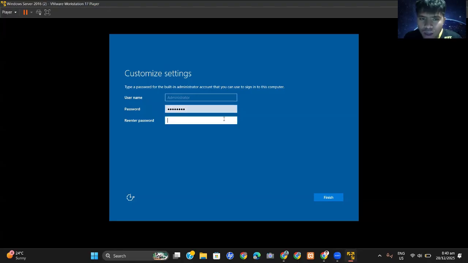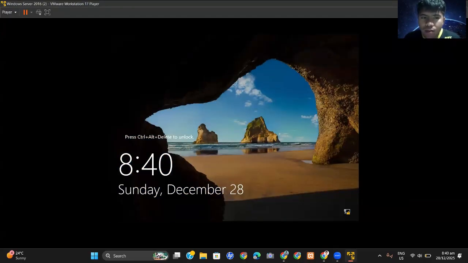Then you will retype the password here. After you re-enter the password, let's hit finish. It is finalizing, then you need to press Control Alt Delete so you can proceed to the login process.